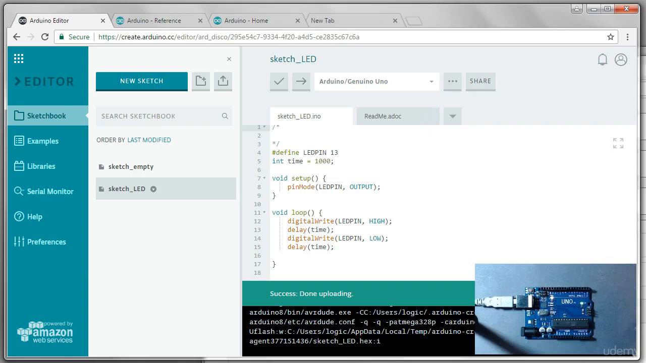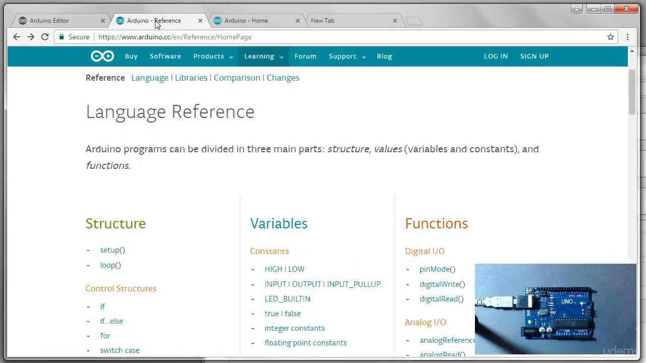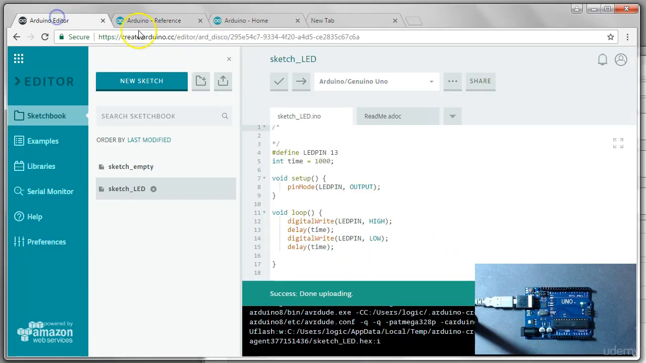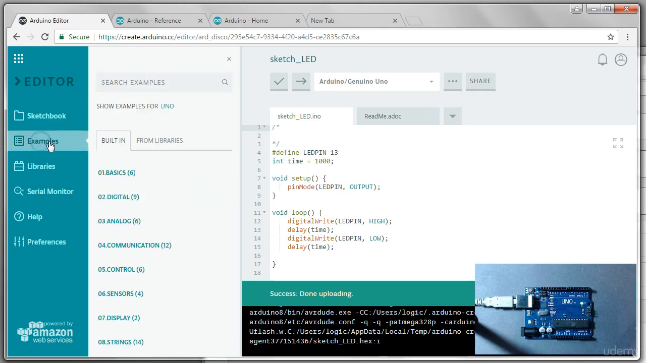Now that we've written our first program and have run it on the circuit board, let's consider other ways that we could come up with what we are putting into our code. So if you think about what we did here, we went to the language reference and picked out instructions. If we otherwise go to the editor and leave our sketchbook and go to the examples, we can see that